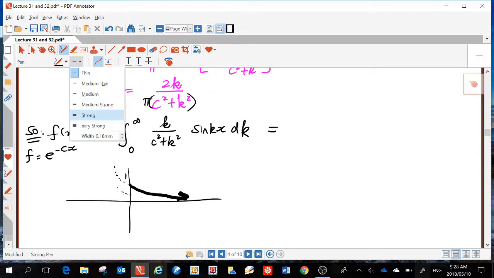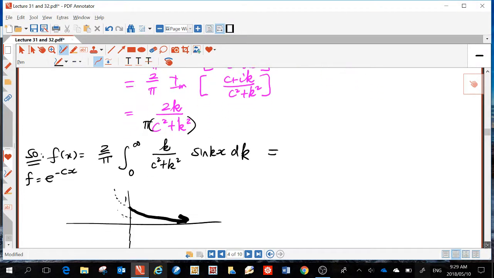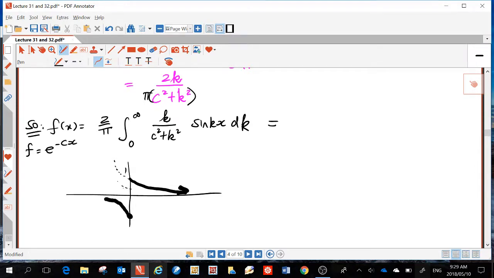Now, where's the other part? Where's the partner for this? We chose sine kx, so there'll be a free odd extension. How would you draw that? So 1, you have minus 1. So you have to draw it something like that. That will be the odd extension which you get for free. Odd extension will be here, minus 1. Right, so that's the shape. So you can say that this gives you the function e to the minus cx